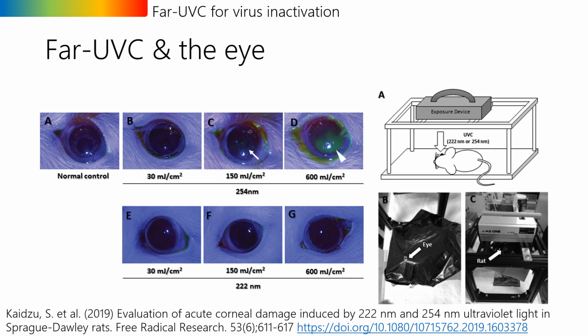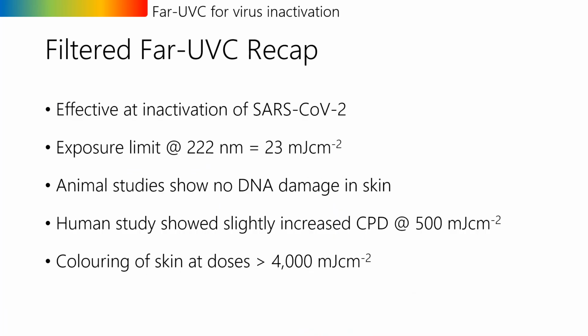Okay, we've come right to the end now, so let's recap on what we've covered. In this overview, we've seen that Far-UVC at 222 nanometers appears to be effective at inactivating the SARS-CoV-2 virus responsible for the current COVID-19 pandemic. It's not surprising and is on the back of decades of research of the germicidal properties of UVC radiation. The real question is, can it be used safely on a population? We already actually have a legal exposure limit, so it's okay to use as long as the dose is kept below this value. The animal studies which have looked at mice